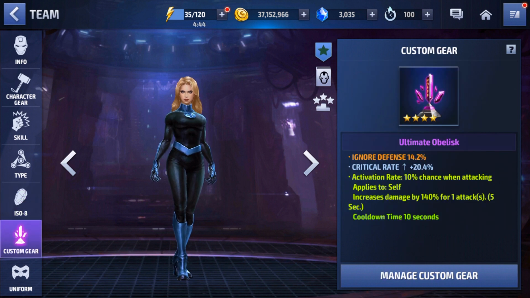And then for the Obelisk here, sadly we only have a 4-star Obelisk on her. I am quite low on Obelisk right now, or I should say quite low on damage proc Obelisk right now. Pretty much all of my extreme Obelisks or 6-star Obelisks are invincibility obelisks, which I don't use very often, so they're kind of just sitting there, and I've been using up all of my good damage proc obelisks,